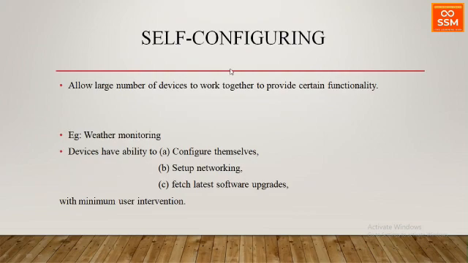Next, self-configure. You don't have a single device in a network, right? You have many devices within a network. So each device should configure itself based on its functionality. For example, take weather monitoring. The device should be able to configure itself. If it is summer, it needs to sense and configure to that weather. If it is winter, it needs to monitor its surroundings and set up a network. It needs to fetch the information, and the device should be said to be automatic. So it should be self-configured to its external environment.